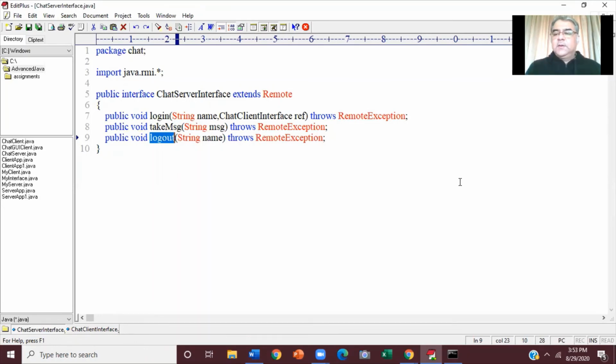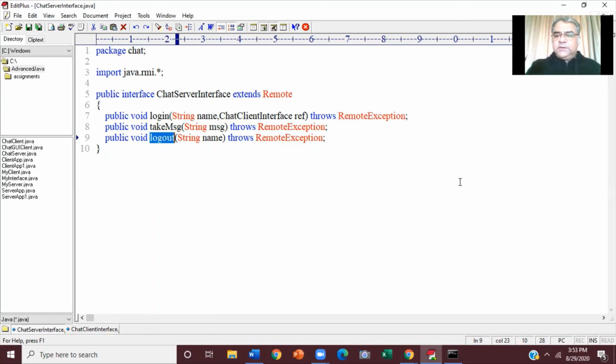Okay. The fourth thing that we are going to do is call broadcast list. Again, a user defined method, which is again going to parse the vector, get one by one client info, from there get the stub, and he's going to call that take client list method on all the clients, passing a new vector of client names, which contains this person's name also. So once again, login method, four things: create client info object, put it in vector, call broadcast message, passing a message that this guy is logged in, and call broadcast list.